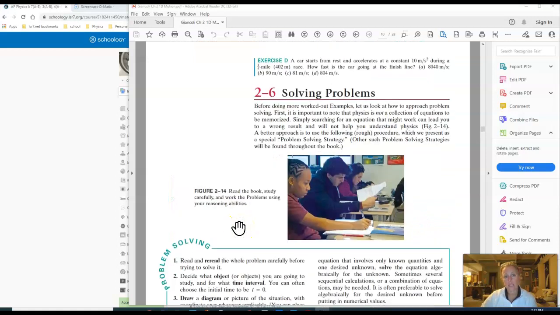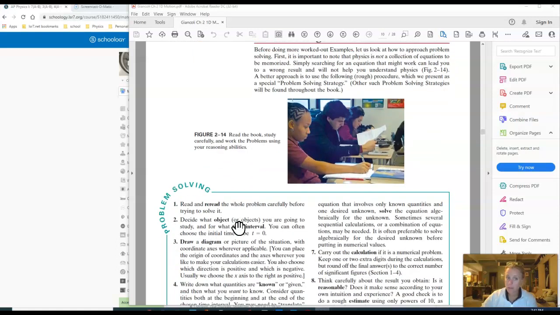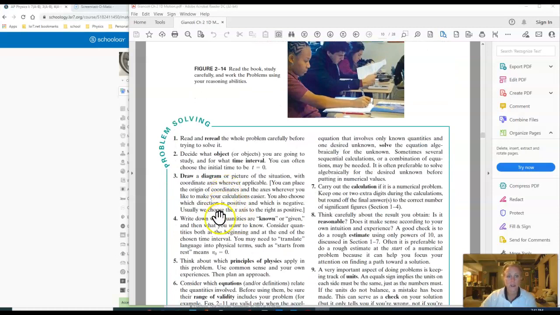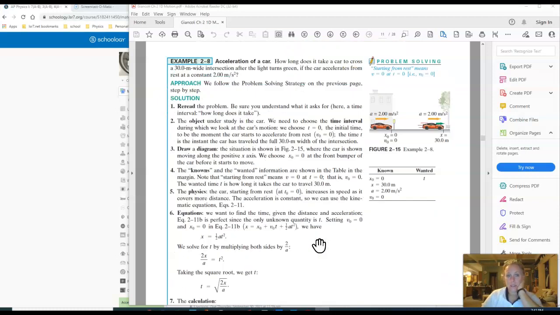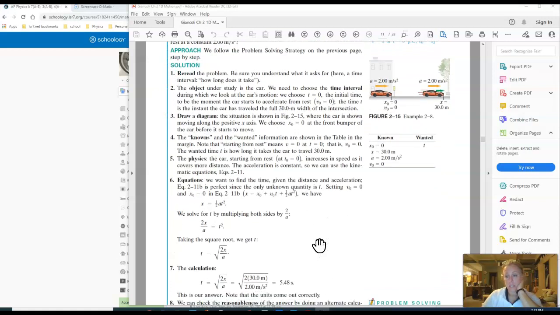practice those. I hope that gives you an idea of solving problems, so they'll give you strategies: draw a diagram, identify what's known, use the principles of physics, find the equations, try to do the calculation, see if it's reasonable, okay? So they'll give you some examples, but you could apply it to your homework if you'd like. I hope that helps give you an idea what you missed and know that you have a resource in your